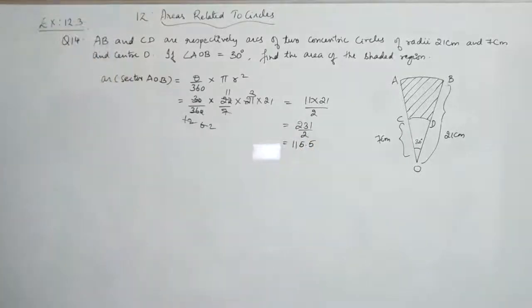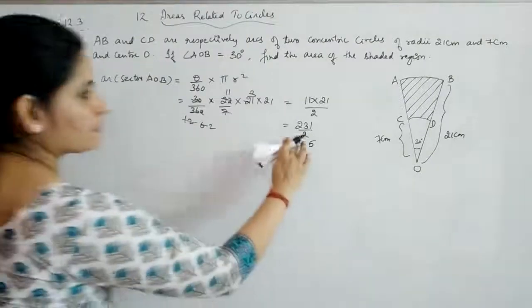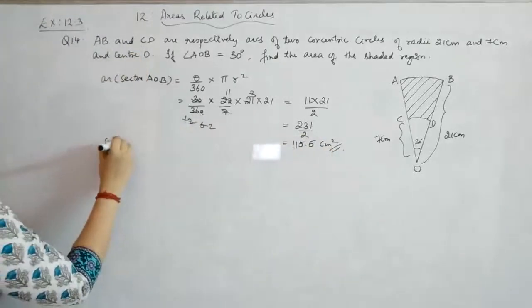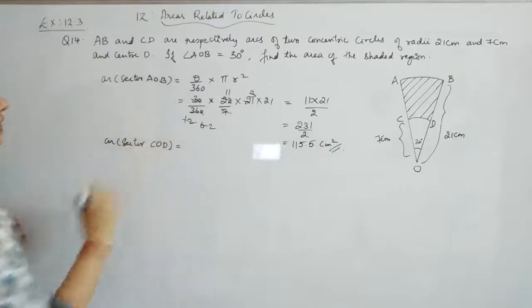Which is equal to 115.5 is the area of the bigger sector, centimeter squares. Now we will start with area of the smaller sector, which is COD, which is equal to again